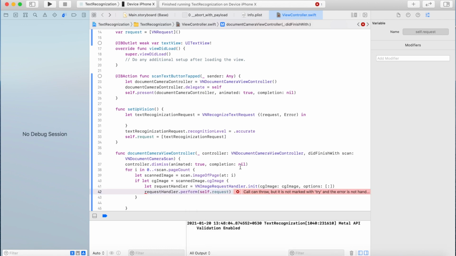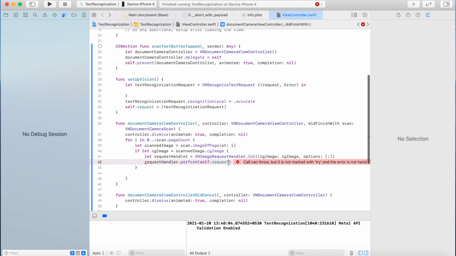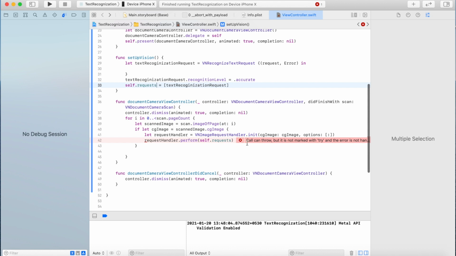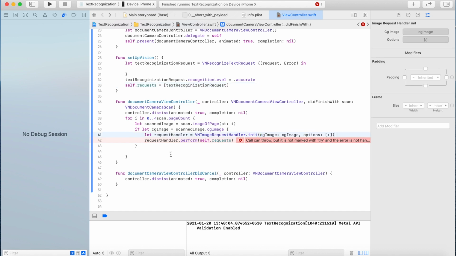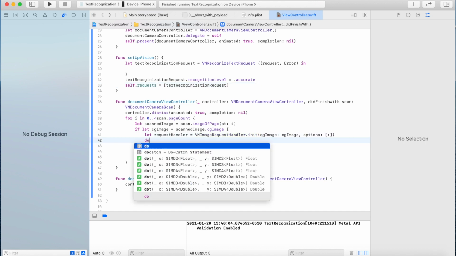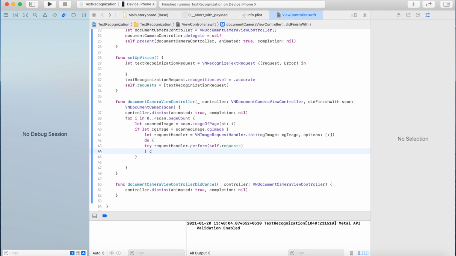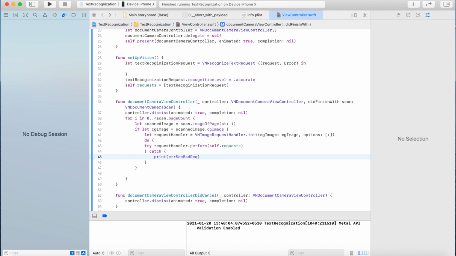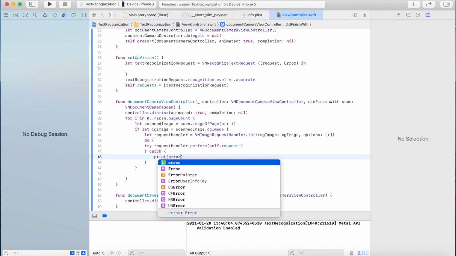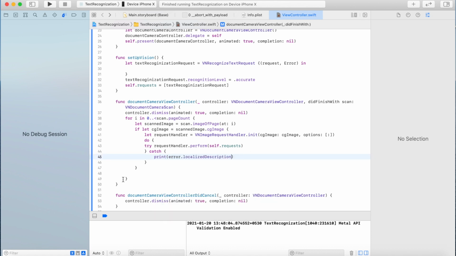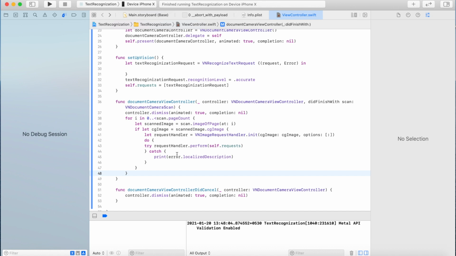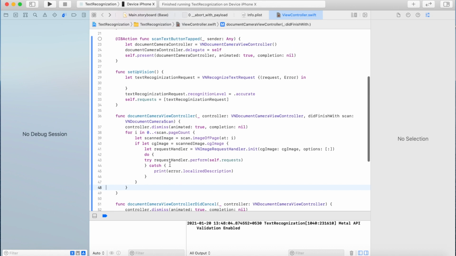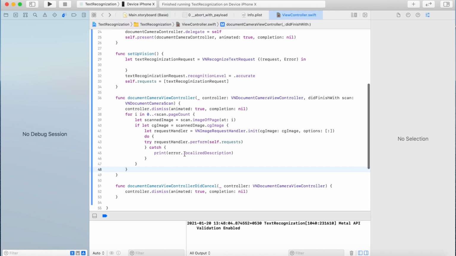So I'm calling the request handler's perform and passing the request. This method throws errors, so we need to write try, do and catch to catch the exception. So we have written the text recognition code.